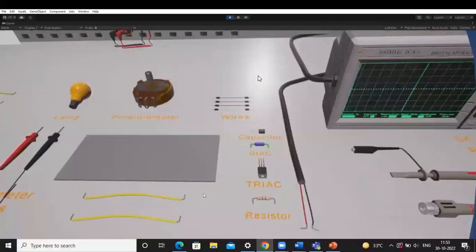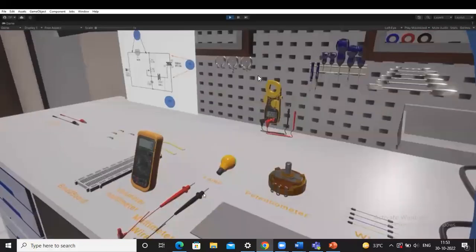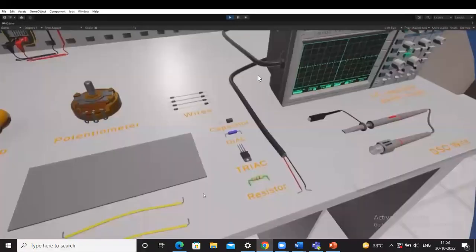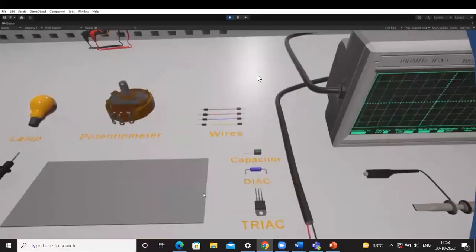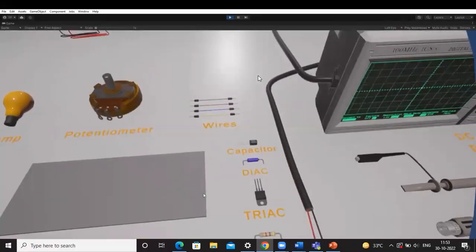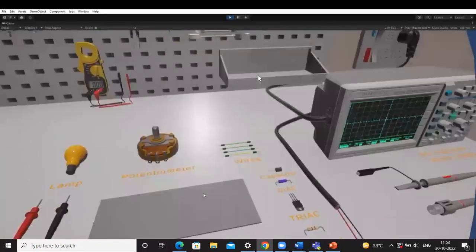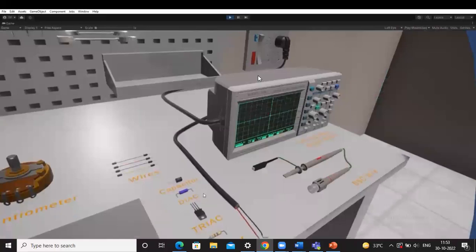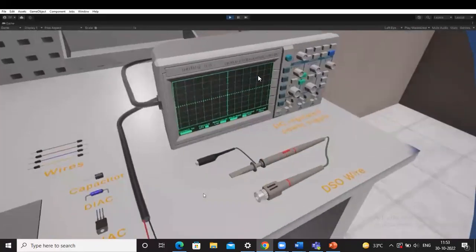BT136, Diac DB3, lamp L1 60 watts, series resistance of suitable resistance in ohm, capacitor C1 equals 0.1 microfarad, digital multimeter, breadboard, connecting wires as per requirement, DSO bandwidth 30 MHz to 200 MHz, analog channels 2 to 4.